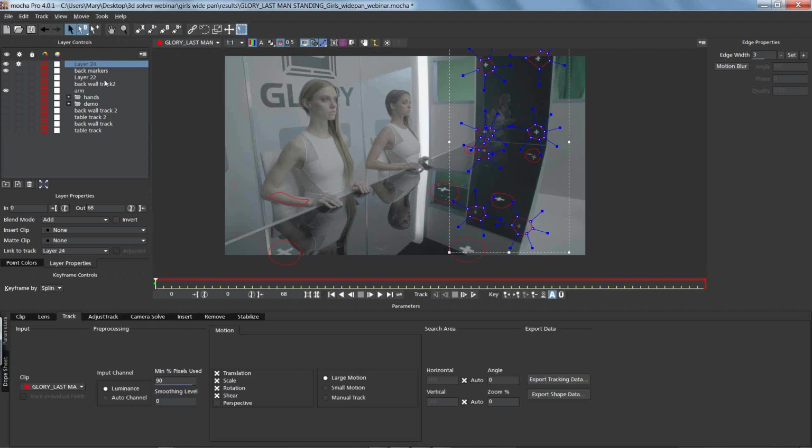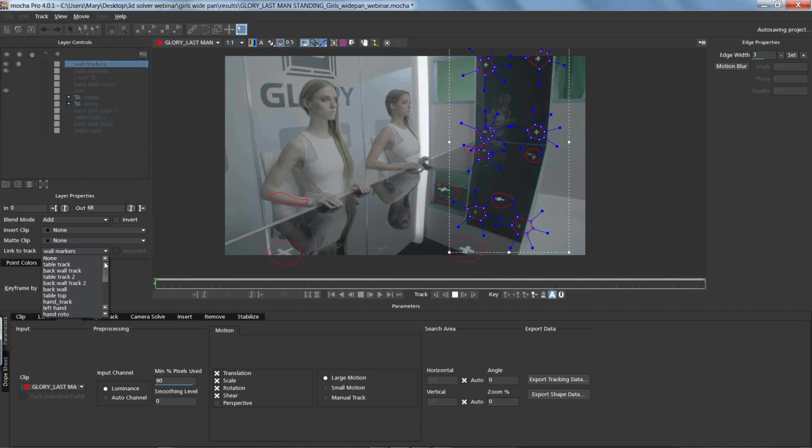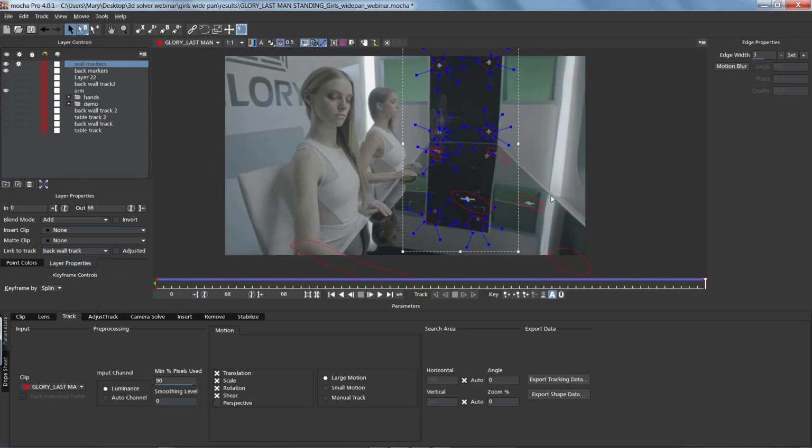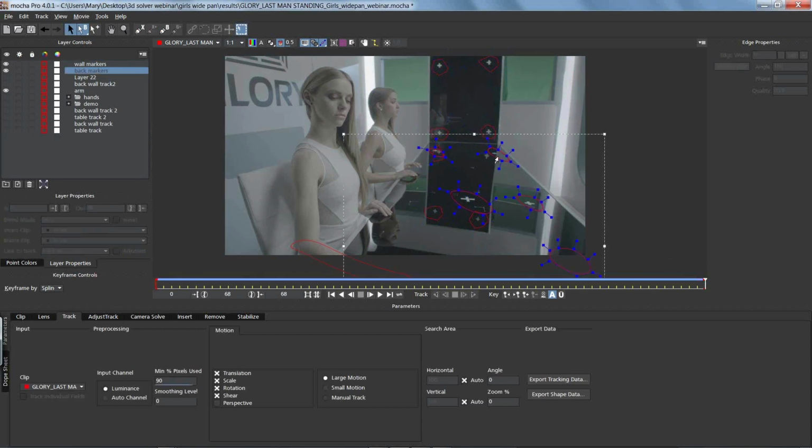And I'm going to hook these up to, we're going to call these wall markers. And I'm going to hook these up to the wall track. Okay. We're going to do any roto corrections if we need to, like on this table here. And there. All right, now we're going to take all of these and I'm going to go to my tracker